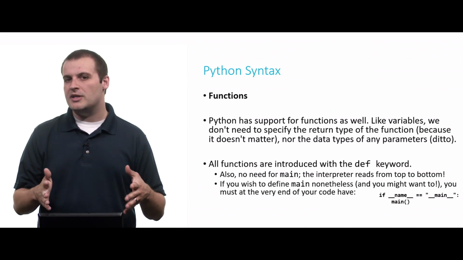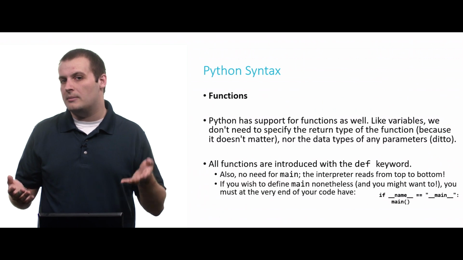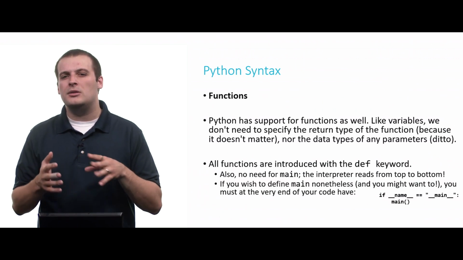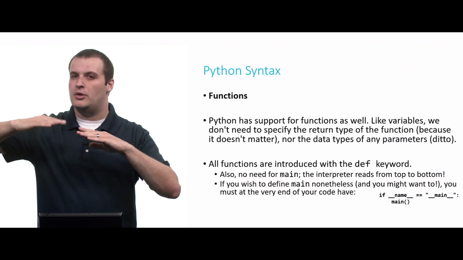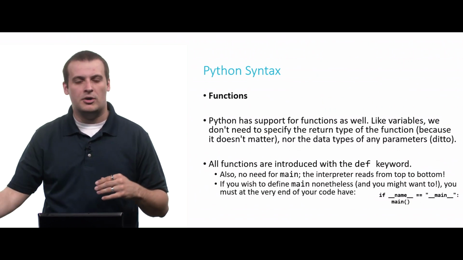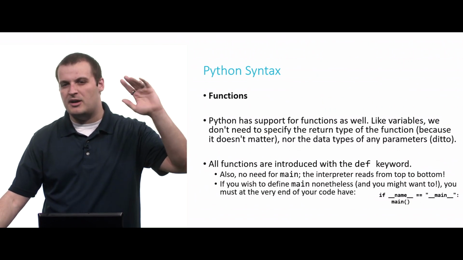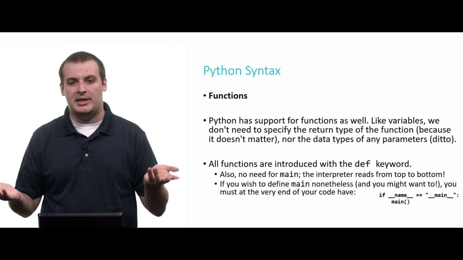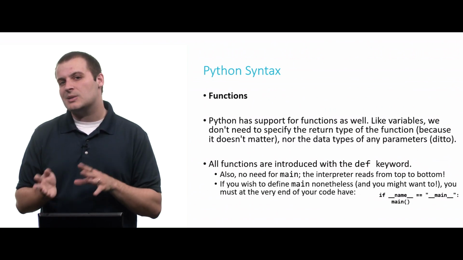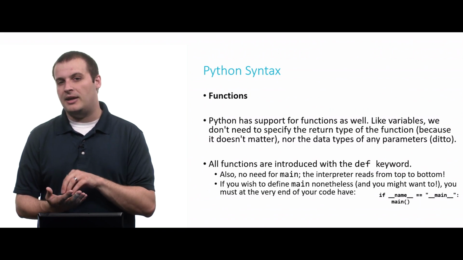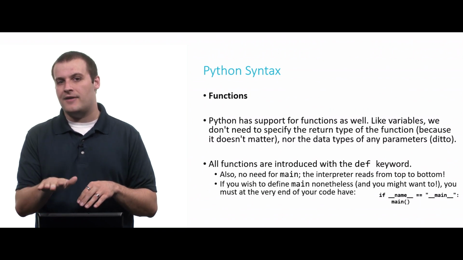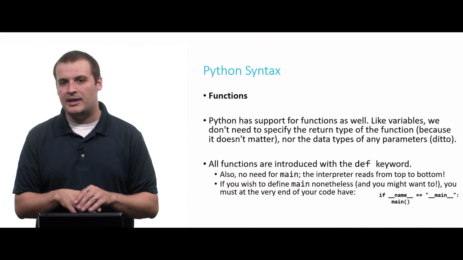And because the interpreter reads from top to bottom, we don't have to include our main function. But if we want to include main, because maybe we wrote our code such that the stuff we want to execute first is actually 200 lines into our file, and we wrote other stuff up above, maybe we're keeping our functions in alphabetical order or whatever else, we can explicitly direct our program to start at the main function by including this line at the very, very end of our Python file.